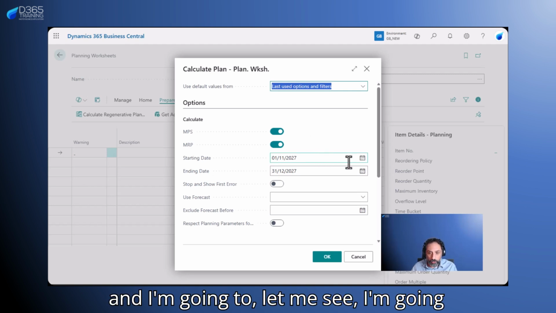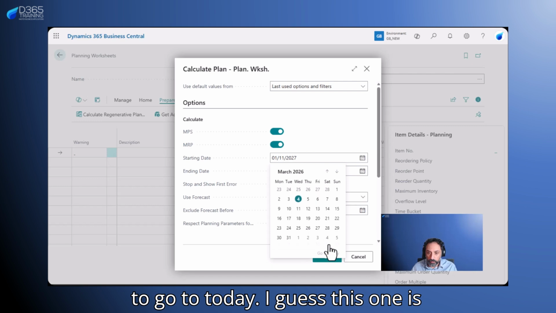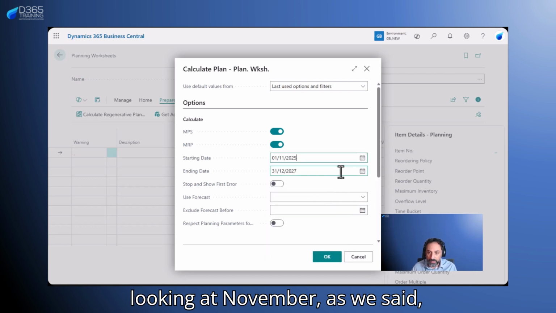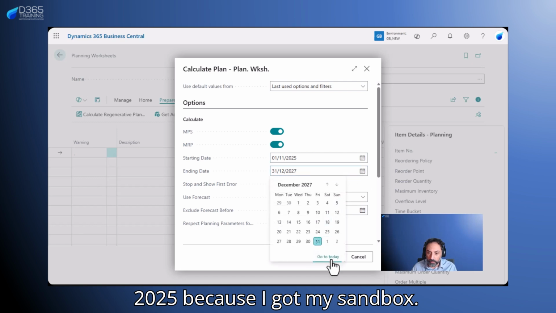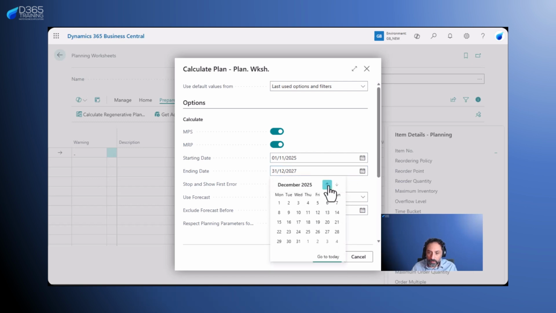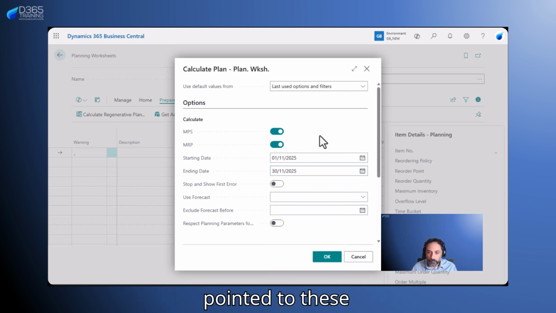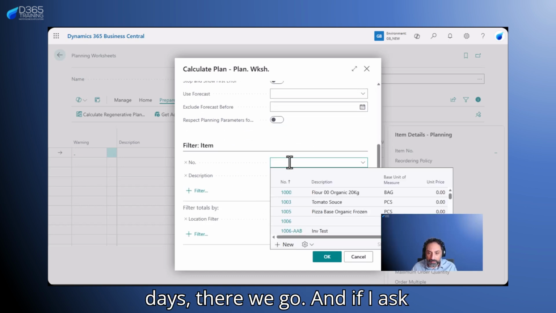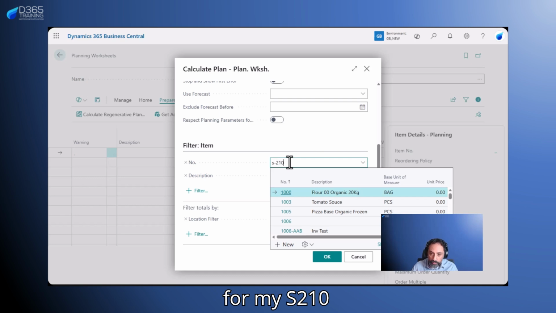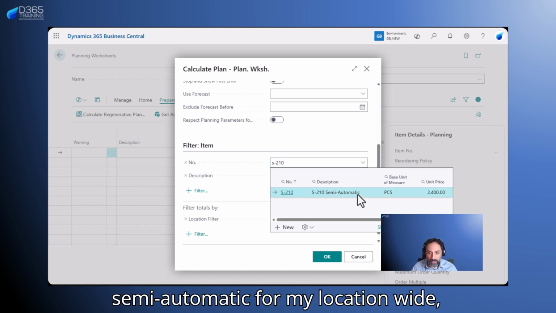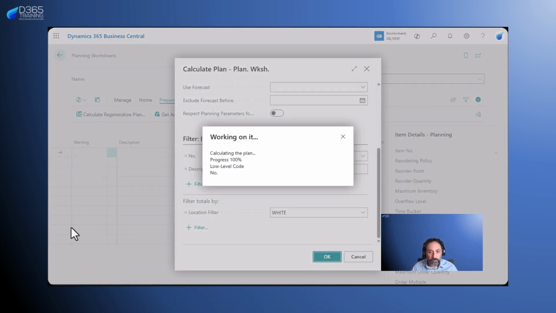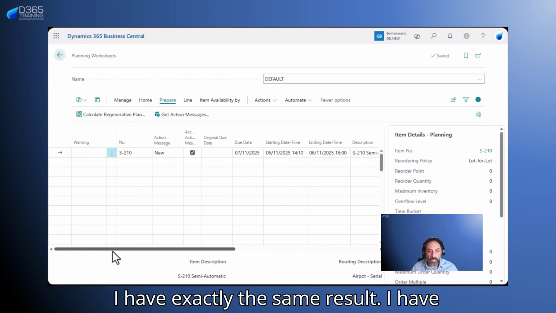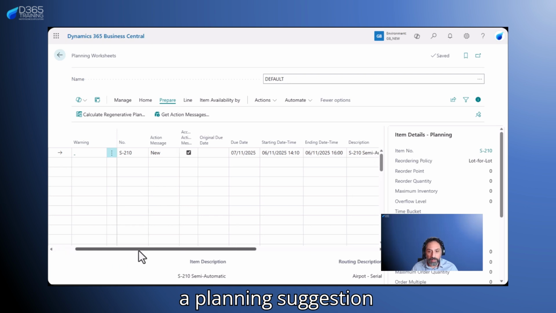and I'm going to, let me see, I'm going to go to today. I guess this one is looking at November, as we said, 2025, because I got my sandbox pointed to these days. There we go. And if I ask for my S210 semi-automatic for my location white, I have exactly the same result. I have a planning suggestion